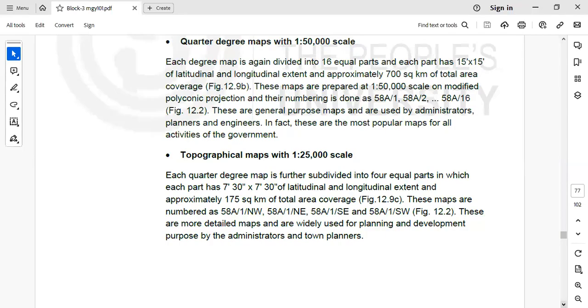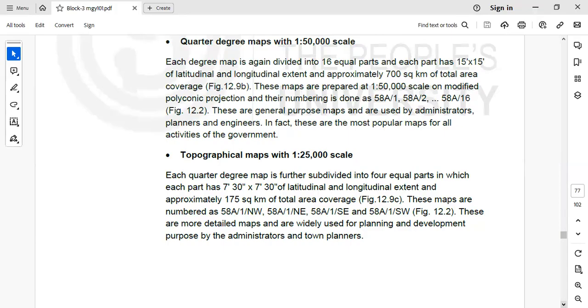These maps are numbered as 58A/1 followed by northwest, northeast, southeast, and southwest part of the quarter degree map. These are more detailed maps and widely used for planning and development purposes by administrators